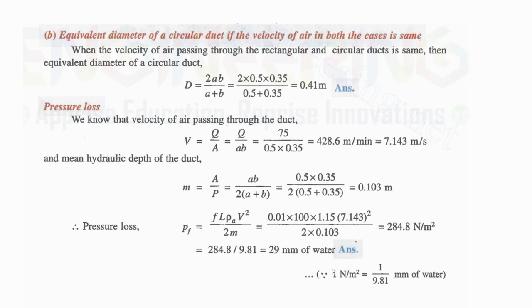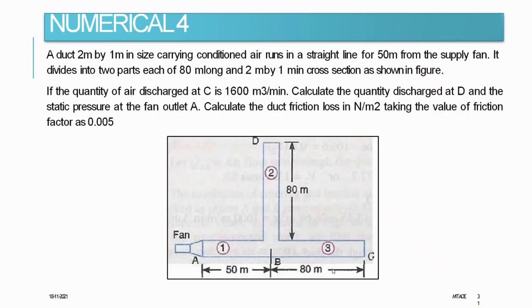Basically we get the value as 284.8 Newton per meter square. After dividing by the value of g, we will get it in mm of water. The final value is 29 mm of water. So this is the pressure loss in the duct. So that was that numerical, and our next numerical is